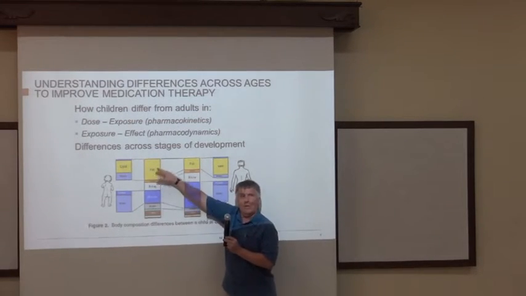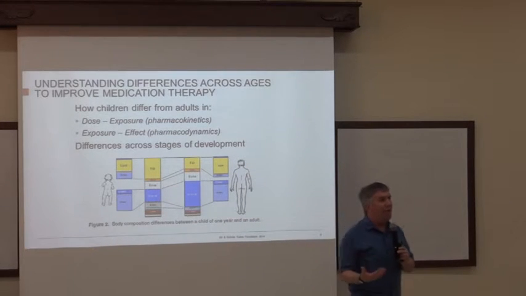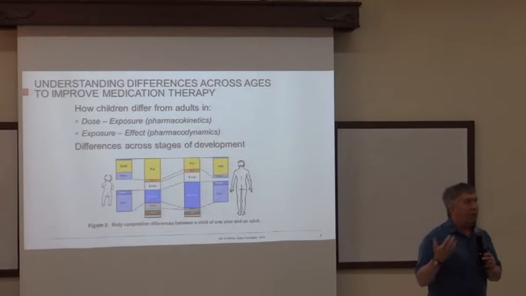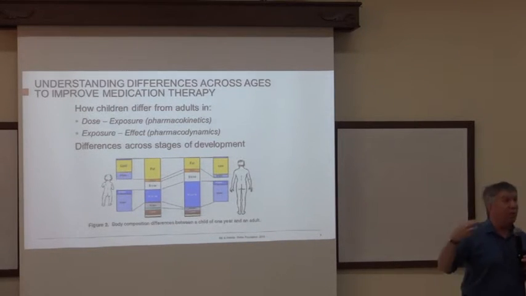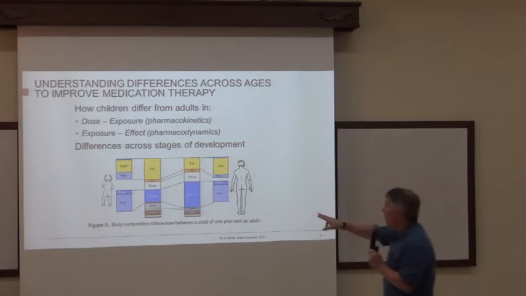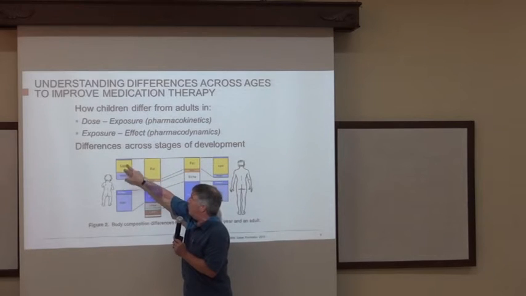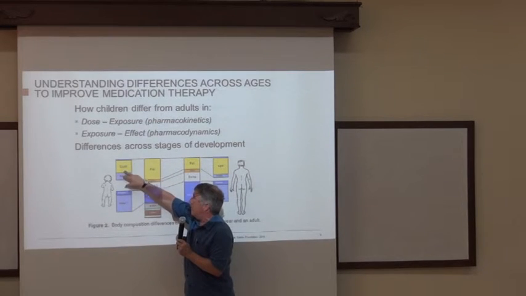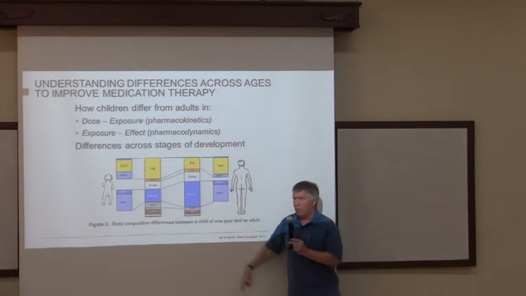And one thing in particular is the fat content, right? The fat content when you're a little baby is much higher than when you're your age. Now, when you get to be my age, it might revert, but so the fat content is larger. And notice also that the fat is made of different things, both lipid and water. Here, lipid and water, but to different proportions.